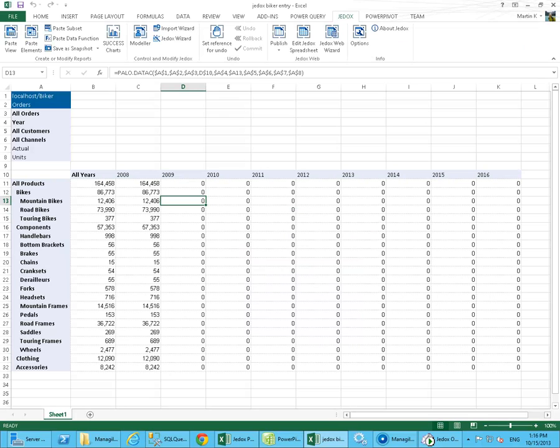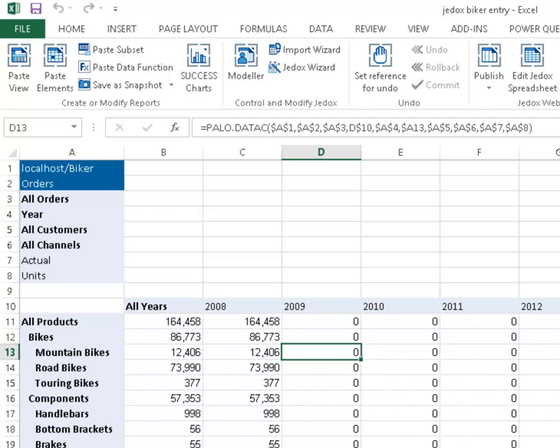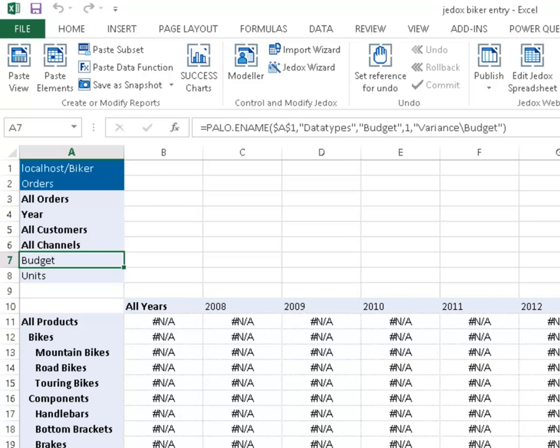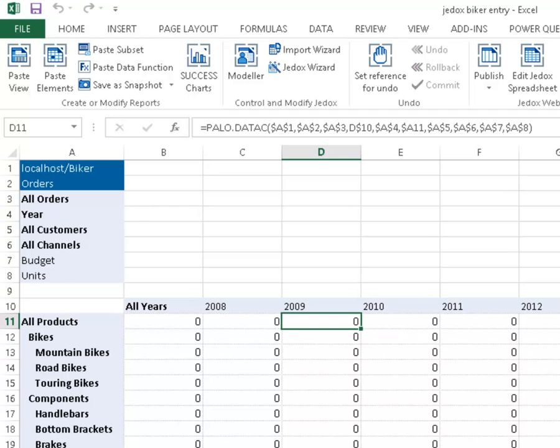Let's start the demo with a look at a typical OLAP cube-orientated use case. Here we're using the Jedox OLAP server and the Biker demo data model to demonstrate a typical write-back in modeling scenario. At the moment here we see an entry sheet for units for new budget period, and the actual units in 2008 were 164,000. Let's assume for the budget in 2009 we want to use the existing volumes from 2008, so we copy the 2008 data